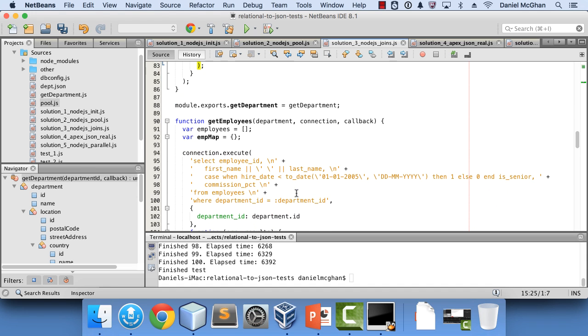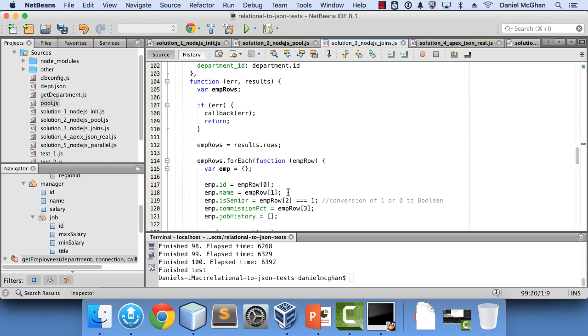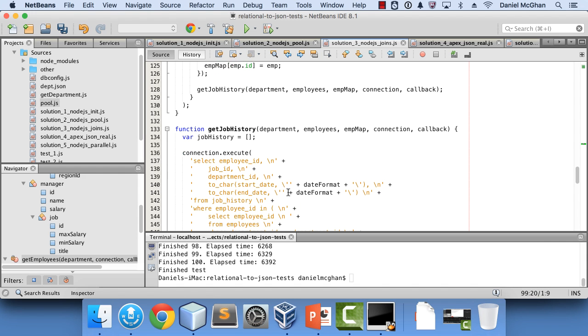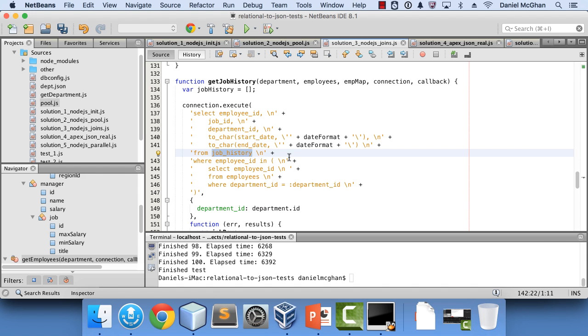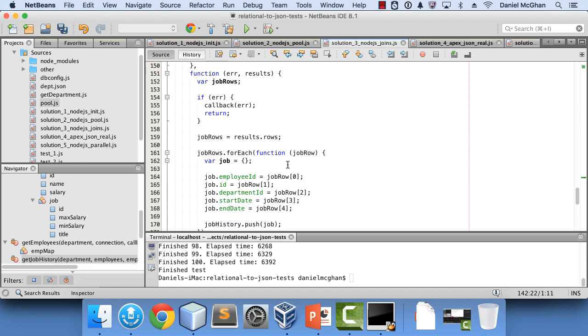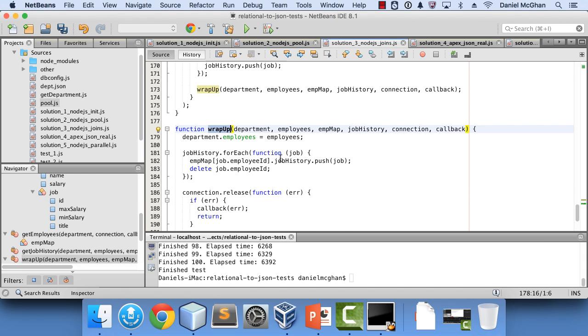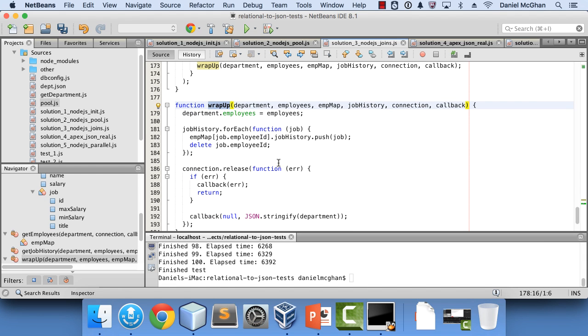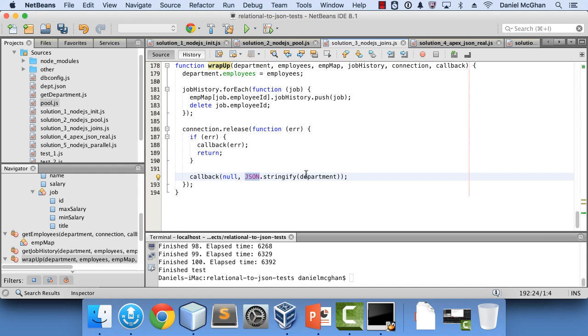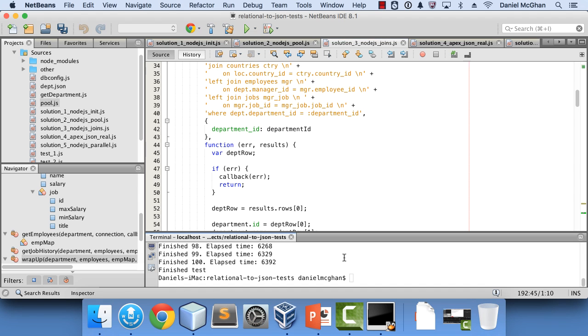So that's one query. If I scroll down a little bit more, we'll see another query for employees. And then there's one last query for the job history. And then finally, because we're bringing things in unique order, there's a wrap-up function where we do some last-minute putting things together before ultimately stringifying out our department. So if we run this,